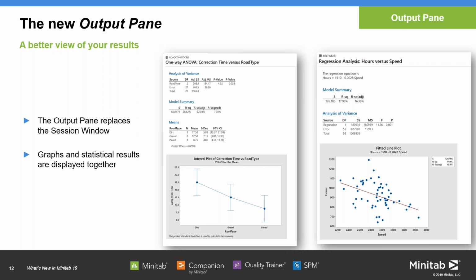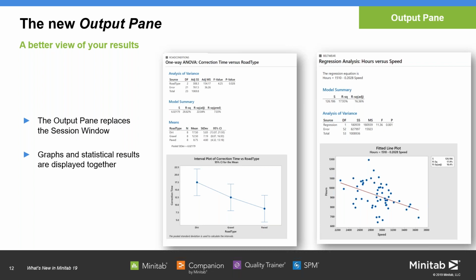And that session window was that long scroll where every time you added another analysis, it just kept getting added to that session window. And the way you found the different components of analysis that you were interested in was using the show session folder window. Well, that's how we thought people would use it, but in reality, people just kind of scrolled through and tried to find things. Not the most efficient, so we improved this and we came up with the idea of this